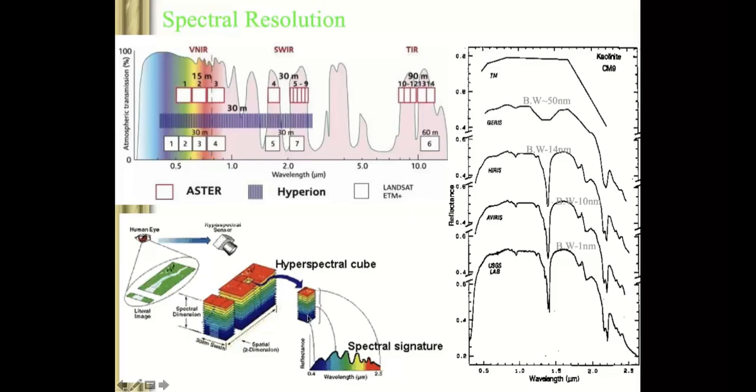If you take a small cubical section, you will get a number of images, and each image, each band, each card represents one wavelength. If you plot the top one, there is one wavelength. If you plot the second, there is a second wavelength, then a third wavelength, a fourth wavelength. So if you plot all these stacked cards, you will get a wavelength profile, which we call a spectral signature. So what we have to do is have this hyperspectral sensor.